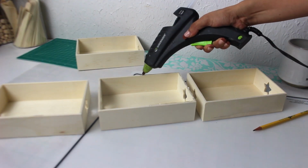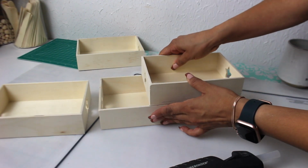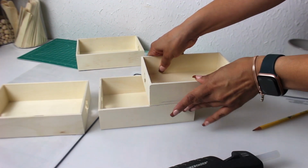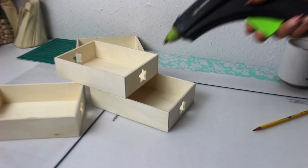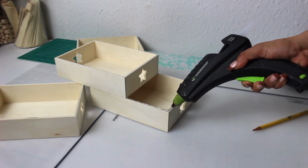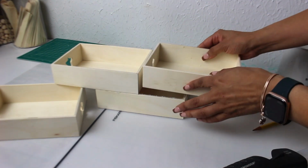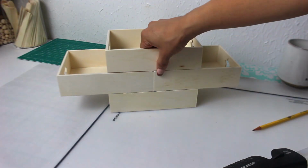So I kind of came up with this little design that I'm doing with these trays from Pinterest. I'm going to stack one on each side. And then for the last one, I will stack that last tray on top in the center. So I just thought it kind of looked unique and different, and I thought it'd be pretty to add, you know, whatever you want, plants, flowers. I'm gonna do both, and this was just a really simple DIY